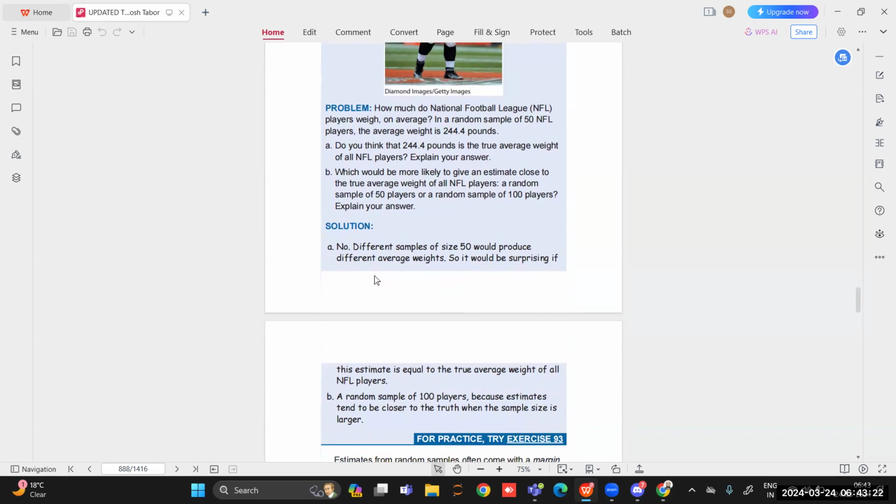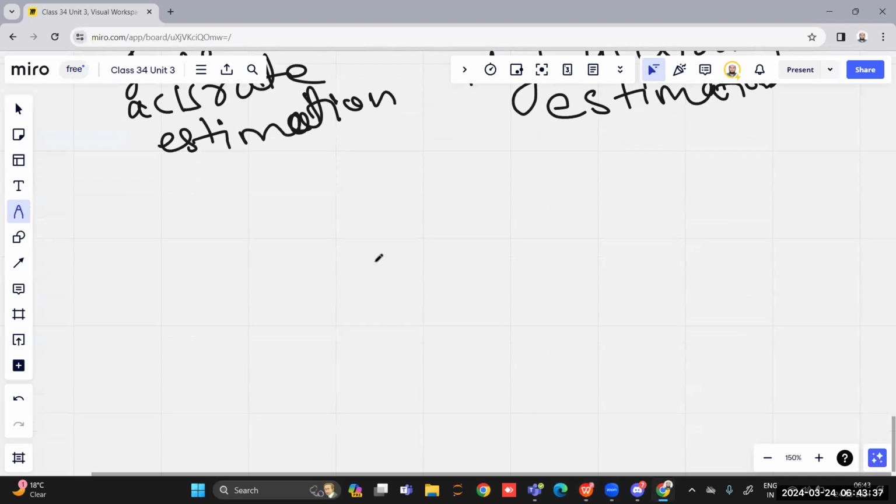Different samples of size 100 players produce different average weights. So it would be surprising if the estimation is equal to the true average weight of all the NFL players. So when you are asking questions about any exact point,